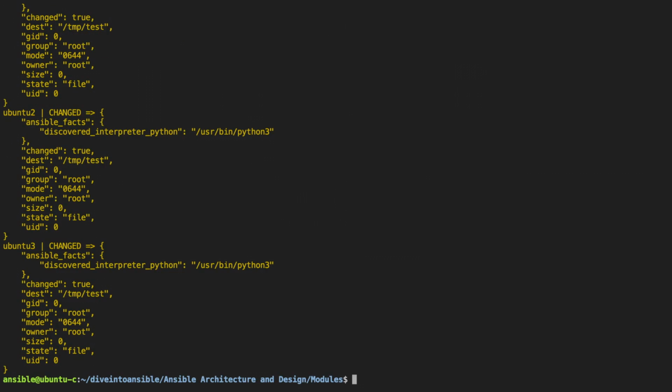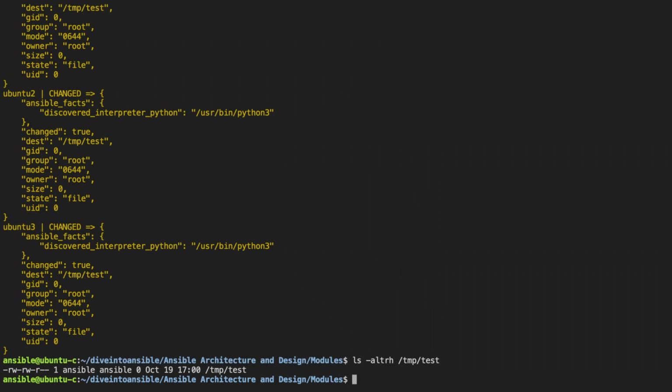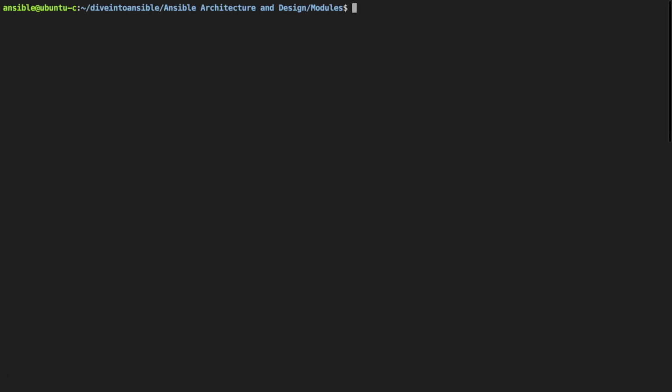If we take a look at the file, you'll see that we have a file created on our host which will correlate to the current timestamp of your system. It's also available on all other hosts, so for example,